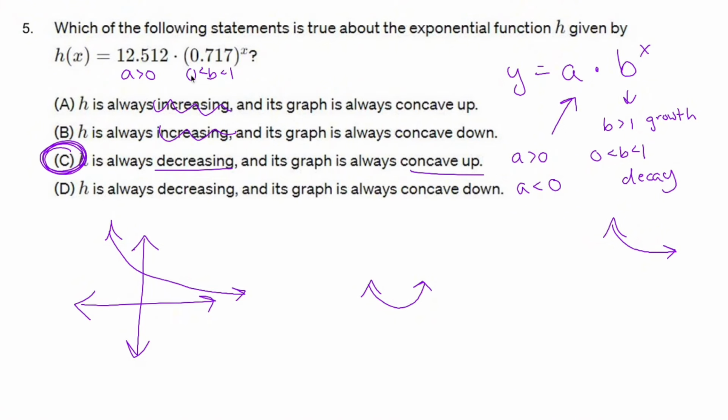All right, the answers change. Again, if A is negative, it flips it upside down, makes it look like that. That's not what I have. If B was greater than 1, you'd have exponential growth, which looks like that. And if you were to flip that upside down, it would look like that. Okay, so if you need to rewind that and slow it down,